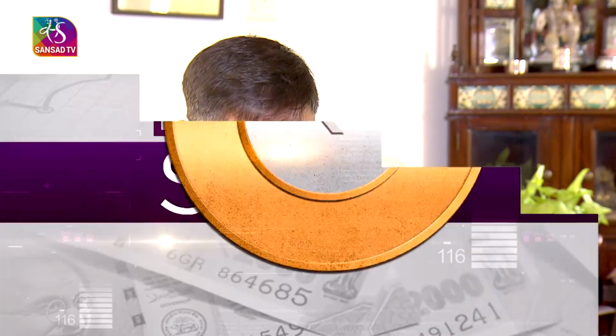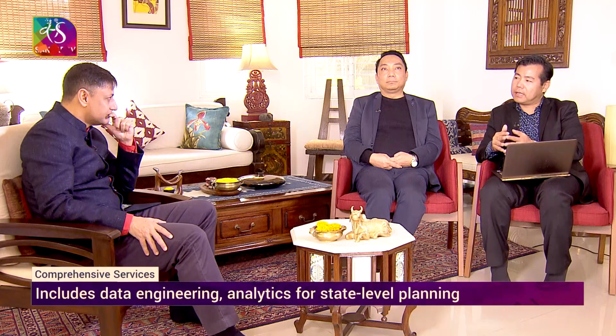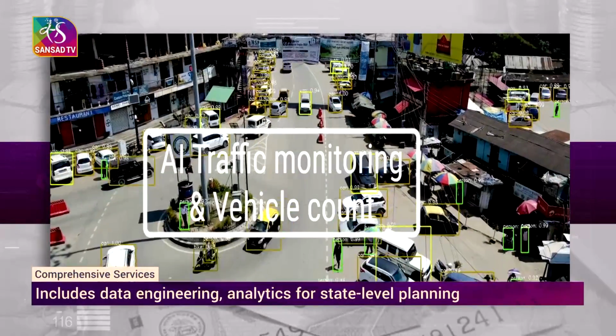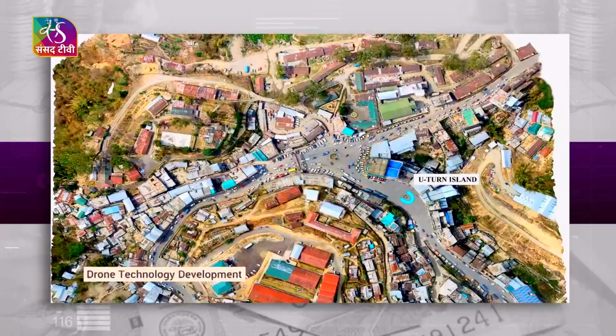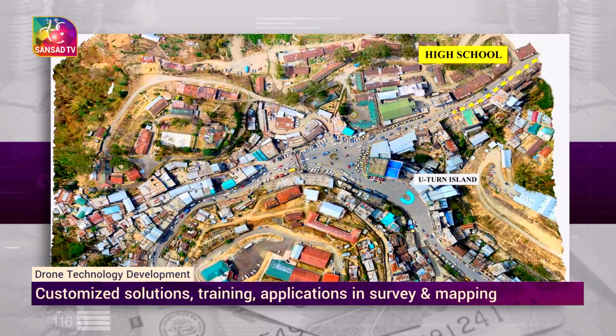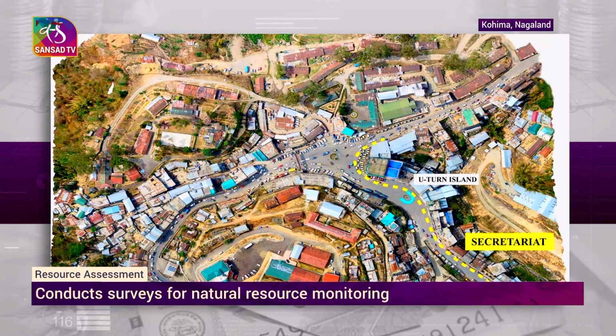So what is your solution to this? Okay, as mentioned, we have tried to simulate a particular junction, which I wanted to show on the screen right now. Intersections are the problem which is causing the traffic jams, which is accumulating the traffic. So we have come up with a simulation where we can avoid these intersections. So show me one particular intersection for this. Okay, this is one particular junction which is called the High School Junction. Here we have tried to reroute in this way, which is simulated on the screen. If we avoid all this and reroute in this way, we are avoiding these junctions which are causing the traffic